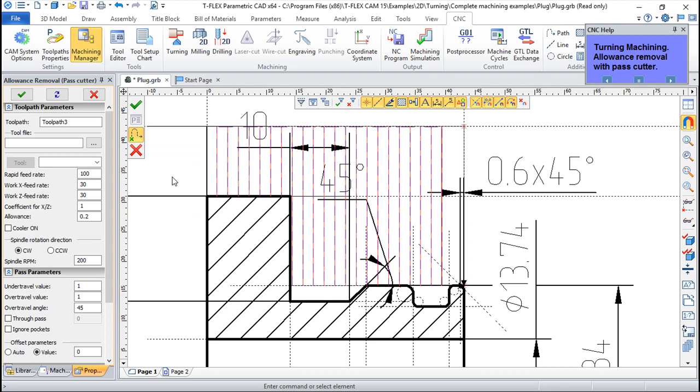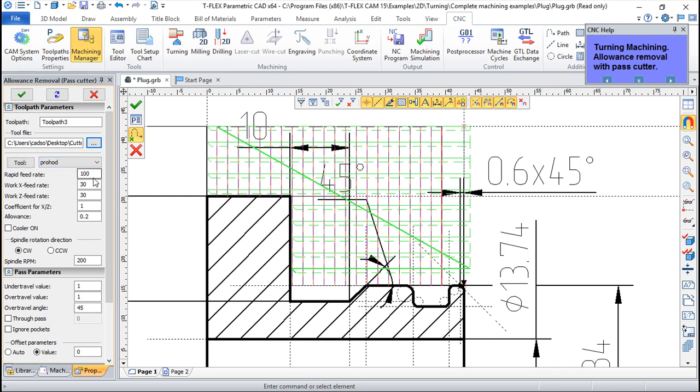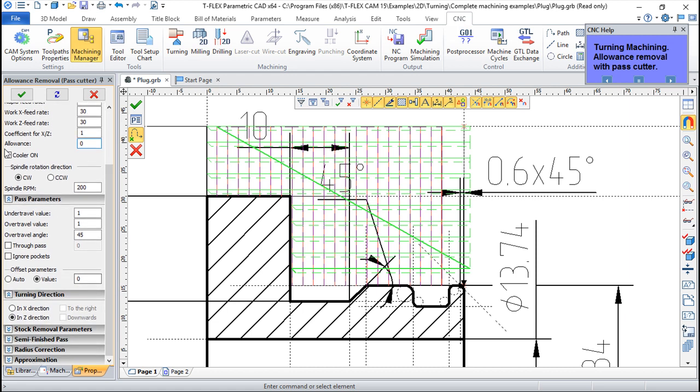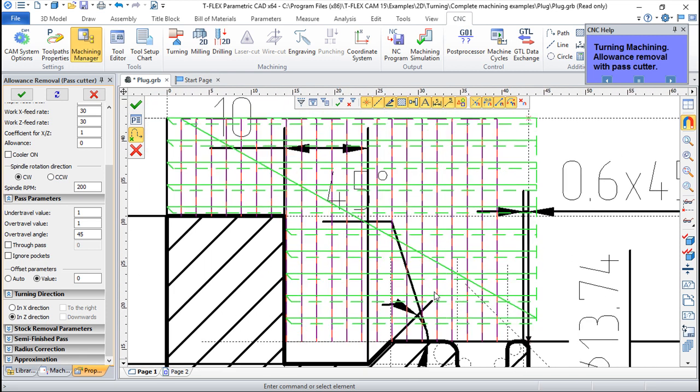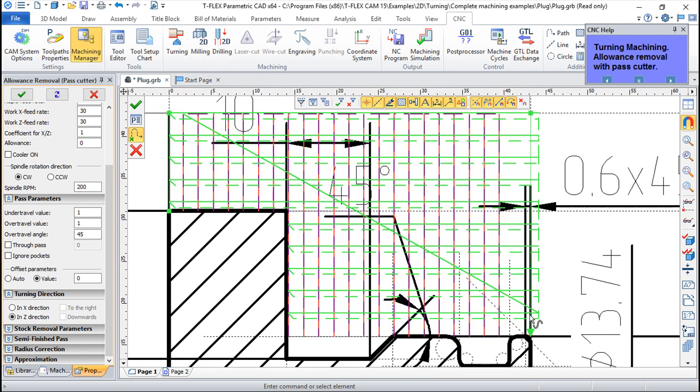It's pretty similar. So part contour, stock contour. I will define my cutter again with the tool. Then we have feed rates, coefficient, the allowance, I will say 0 in this particular case. Coolant, spindle, direction. So under travel and over travel, these are the parameters that apply from the beginning behind, and when the cutter goes out, these are